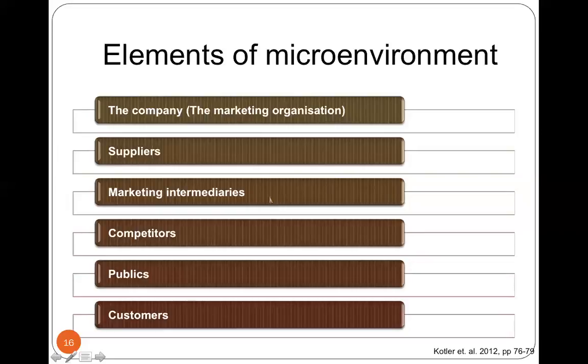Marketing intermediaries are basically our distributors or financial intermediaries, right? The distributors help us promote, communicate, and deliver value for customers. And competitors: what do competitors do in helping us create, communicate, and deliver value for customers? Well, we need to understand them, because the world out there is so competitive. We need to ensure that we offer superior value than our competitors do, right?